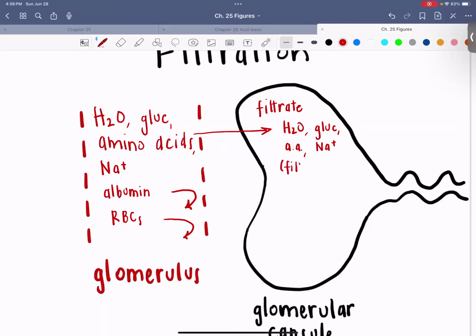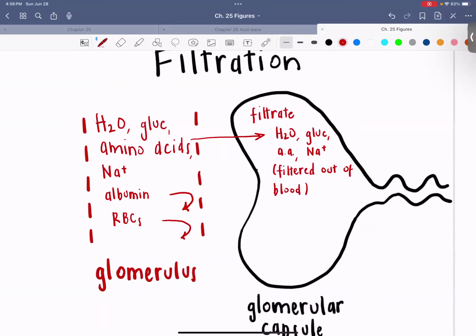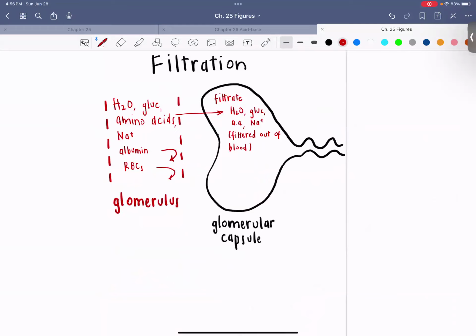All of these are filtered out of the blood and end up in the first part of the nephron, which is the glomerular capsule. The capsule encloses the glomerulus. And then this first part of the renal tubule adjacent to the capsule is the proximal convoluted tubule, or PCT,